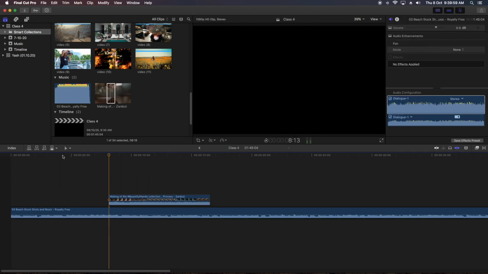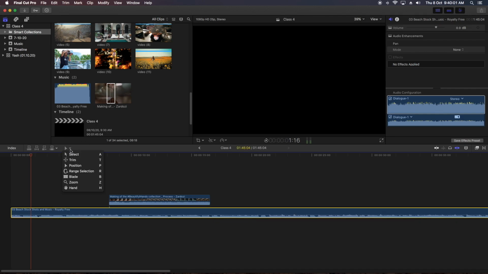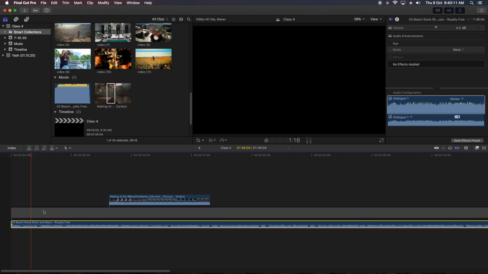I think it's not working. Let's do it with a command. I'll check why it's not going. And the shortcut I showed yesterday is Command, Option and Up Arrow. Now you can see there is a gap created on the timeline. It's a blank clip. Now this blank clip is treated as a clip on this timeline.